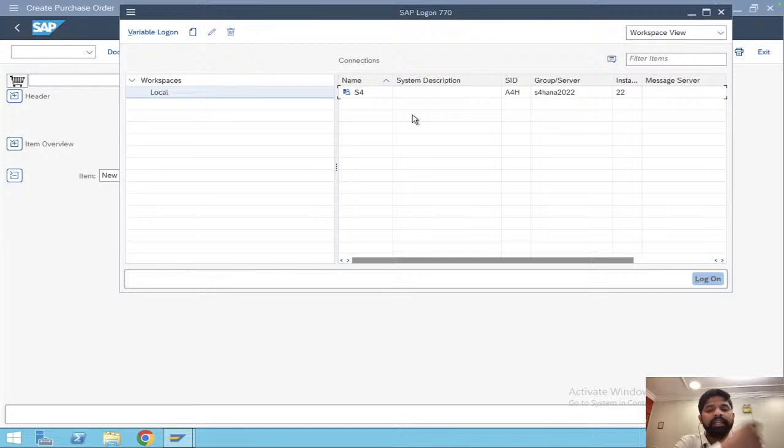Now, in the quality environment, when you access it, you will not be allowed to make any changes in customizing or development. For that, you have to log into development. In production, everyone has very limited access. Just the consultant will have a super user, so that if any issue is raised by a user, we should be able to execute it and check what the actual problem is and give the solution for that. So we will have either all access or limited access. It depends on the customer.